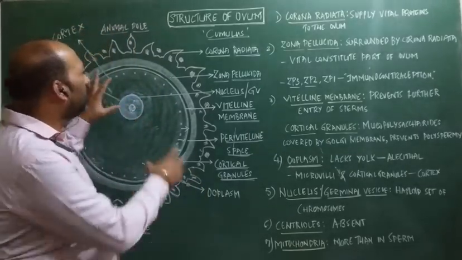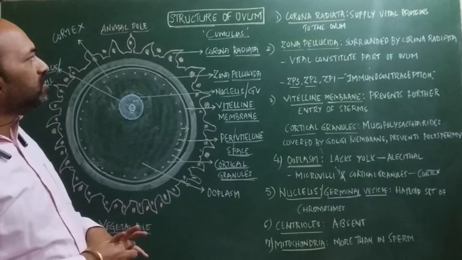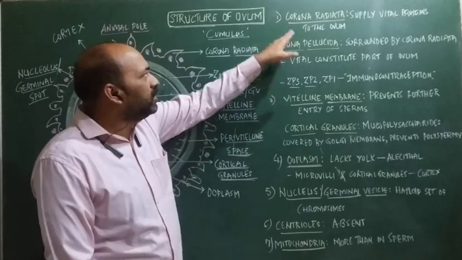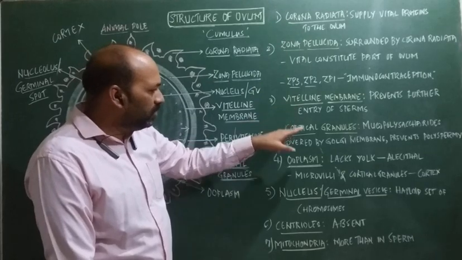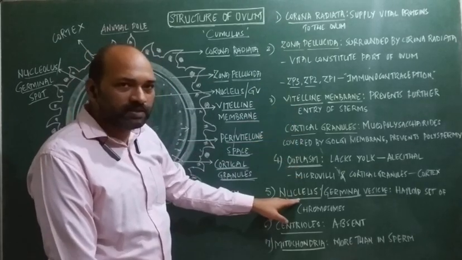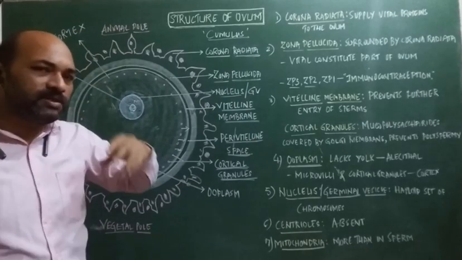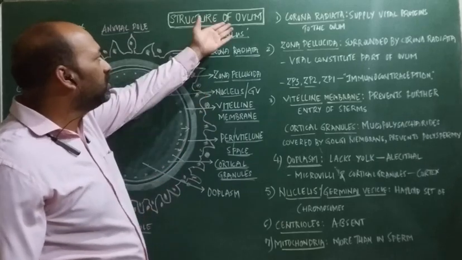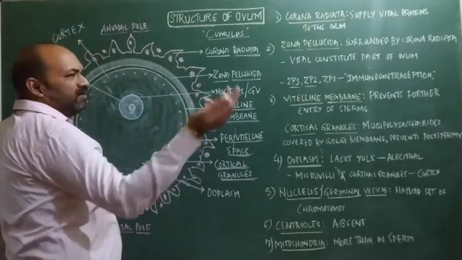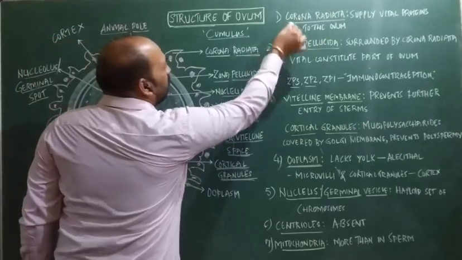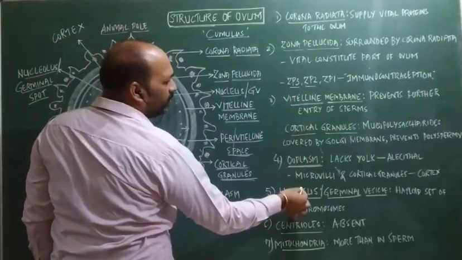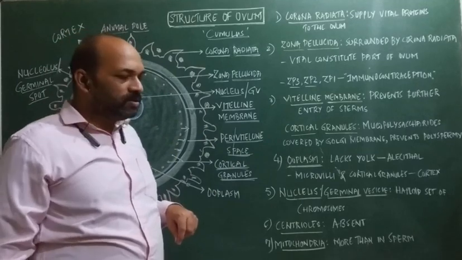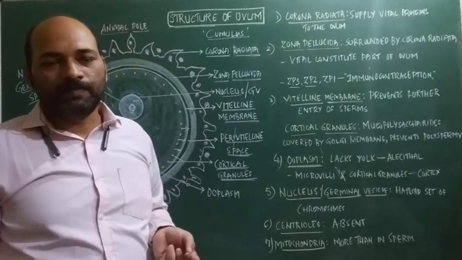So that is all about the structure of ova, where we have discussed the outermost layer of the egg, that is called corona radiata. Below that is zona pellucida, vitelline membrane. Thereafter is ooplasm, nucleus. So there is a possibility of a question asking you to arrange the following layers in the egg cell or the ova, or you can say a secondary oocyte. So outer is corona radiata, zona pellucida, vitelline membrane, ooplasm, and thereafter the nucleus. So this is all about today's video, that is structure of ova. Okay, thank you.